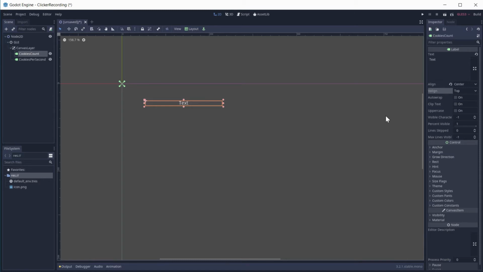Next is auto wrap. If it is checked, that will mean that if your text reaches the end of the line, it will wrap itself down the line rather than expand the line to fit itself.